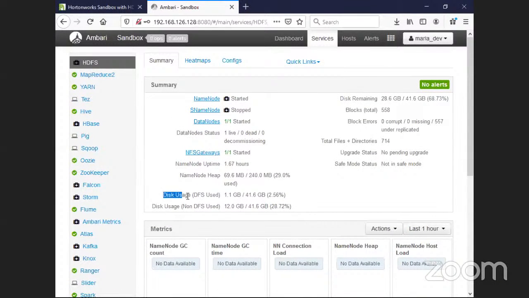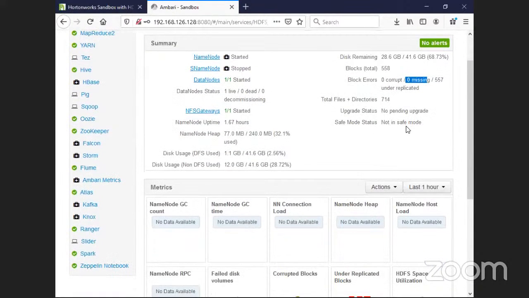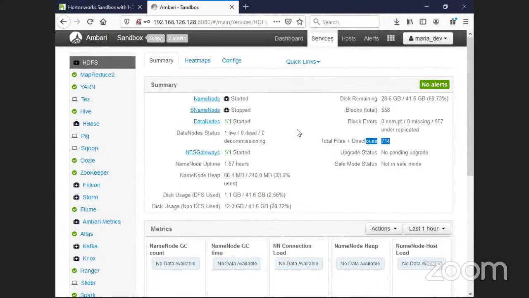Now you can see how much disk usage there is for this file system, HDFS, and the non-used DFS, how much was not used, and total space remaining, total blocks 558. Are there any corrupted blocks? Are there any missing blocks? And the total files plus directories. You just closely observe this. You try to get a complete summary of this entire